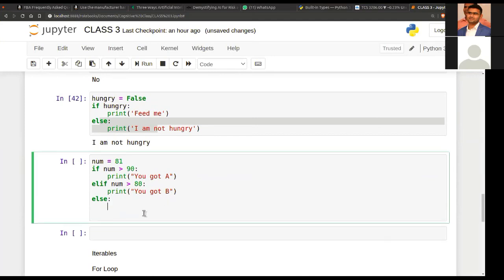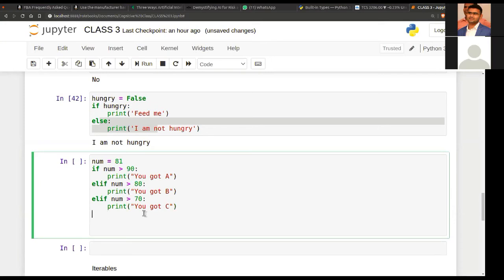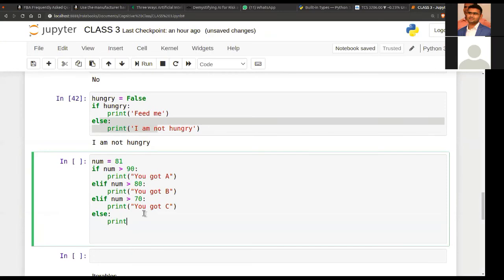You can imagine you can add multiple branches over here. For example, you can also add one for num greater than 70, print: got C. Else print.